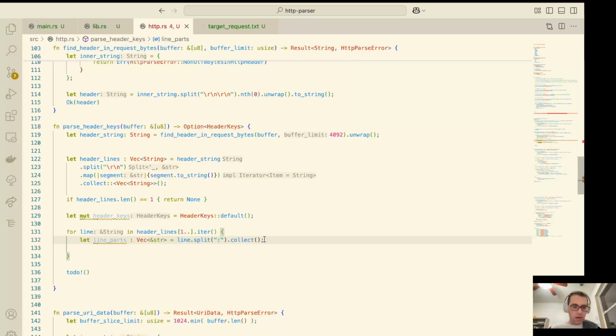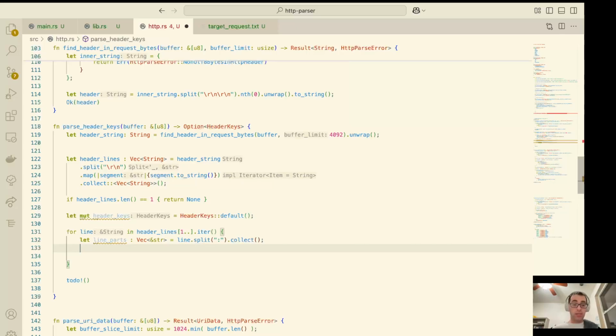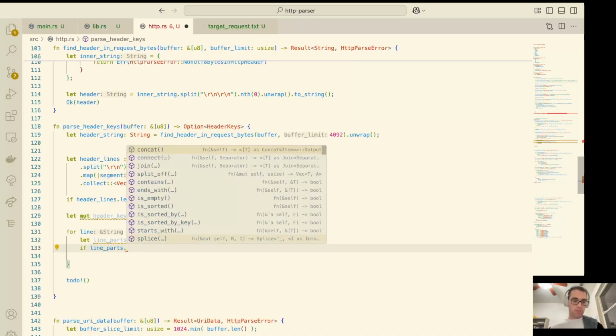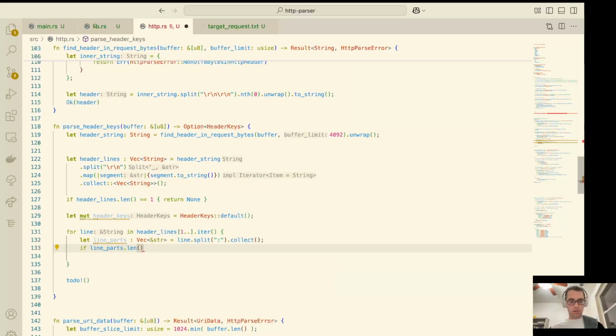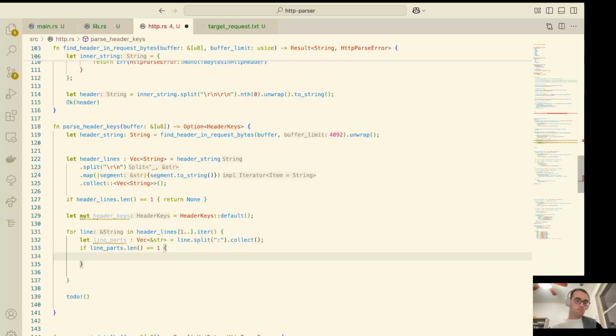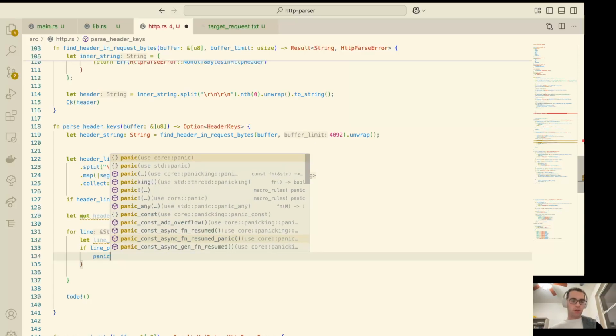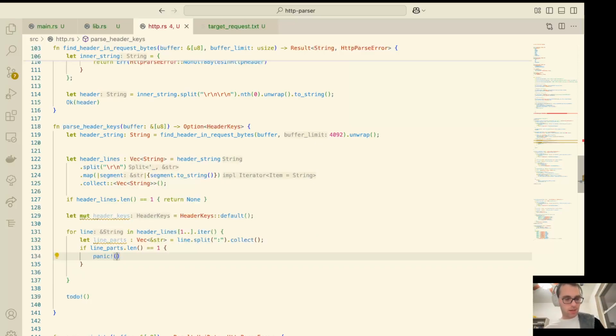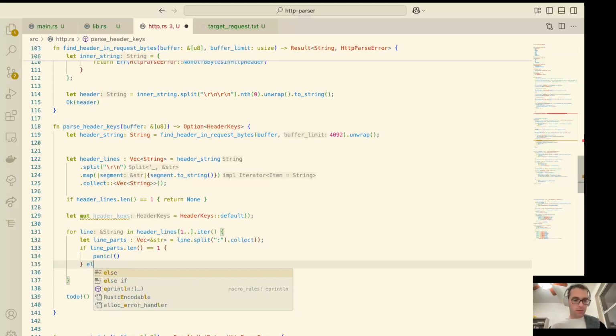All right, so we have line parts. We should make sure that this actually has two pieces inside of it, so we can check if line parts dot length is equal to 1, then actually we have an error that we should return. So at the moment we're going to panic, and we're going to have to circle back to this. Else,